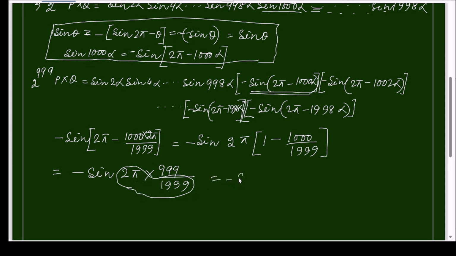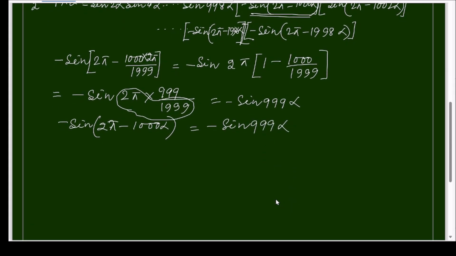So this is negative sine 999 times 2 pi over this, which is equal to alpha. So negative sine 2 pi minus 1000 alpha became your negative sine 999 alpha. So what will the next number be? Next number will be